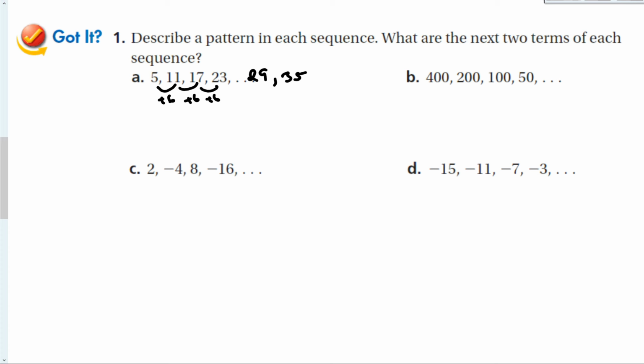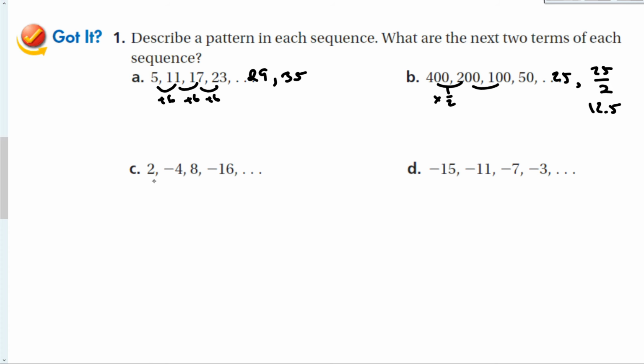For B, 400 to 200, that's minus 200, but now we have minus 100, then minus 50. Okay, so it's not working with subtraction. So you're going to have to use multiplication or division, right? And we can say we can multiply by 1/2 to get to the next one, or if you want to, divide by 2. Okay, so the next two ones are going to be 25 and then 25 divided by 2, or 12.5. Either way, doesn't